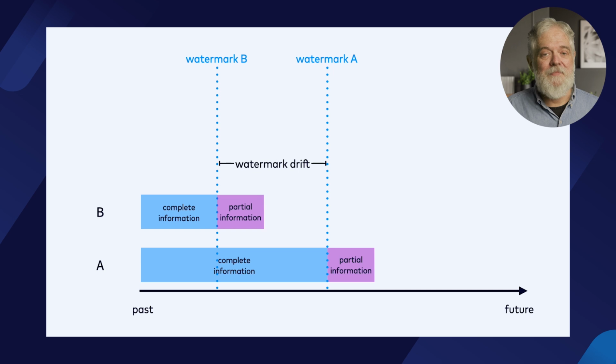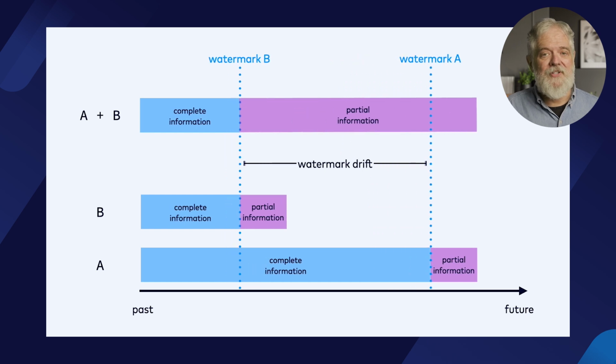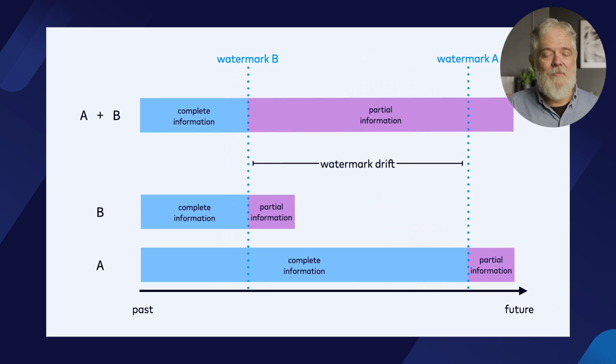Watermark drift measures this misalignment between watermarks for A and B. As these watermarks drift farther and farther apart, any operation combining the two streams will be buffering more and more partial information, which can lead to significant performance problems, and may also cause operational challenges for the Flink cluster running the job. The way to address this problem is to constrain how large the watermark drift can become by configuring max allowed watermark drift, which you'll find in this section of the documentation on watermark alignment. The effect of this setting will be to throttle the faster stream as needed to keep its watermark within hailing